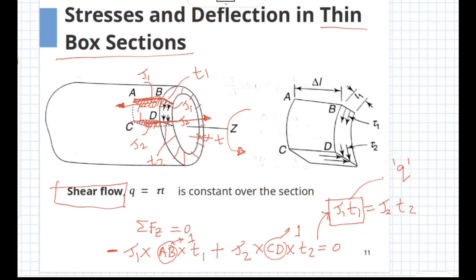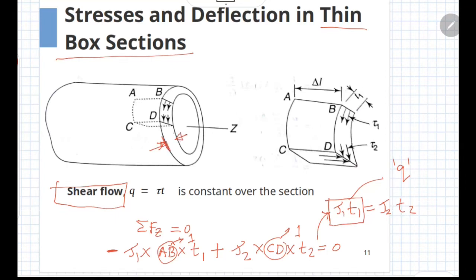Now you would ask why the term flow is used. It can be explained thus. It has a physical analogy with respect to flow. If you consider this box cross section as a channel through which some fluid is flowing, so we are considering that a fluid is flowing through the wall of this cross section, and the flow rate of the fluid is given as small q.